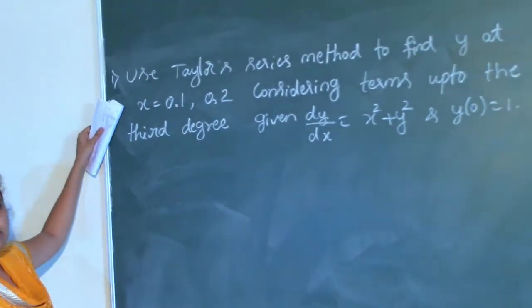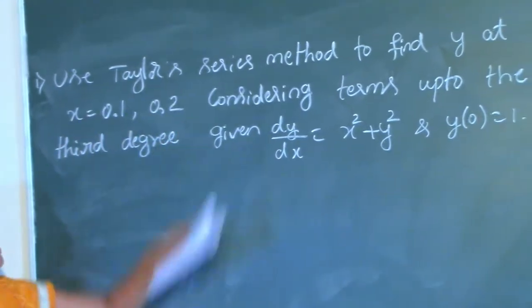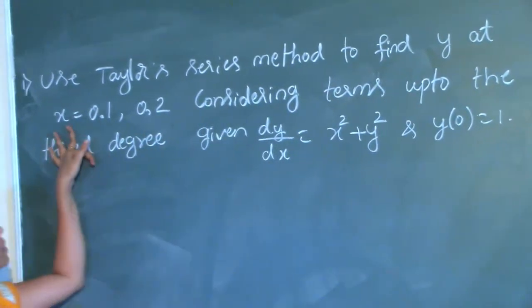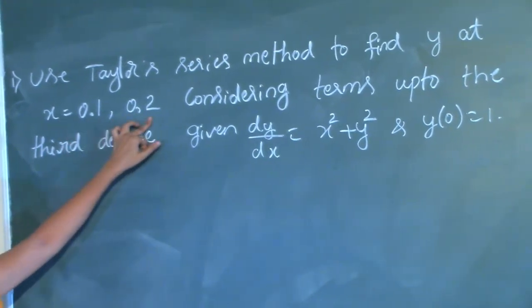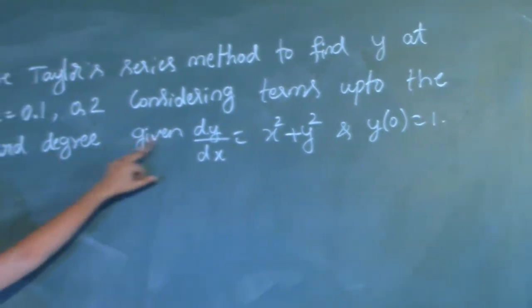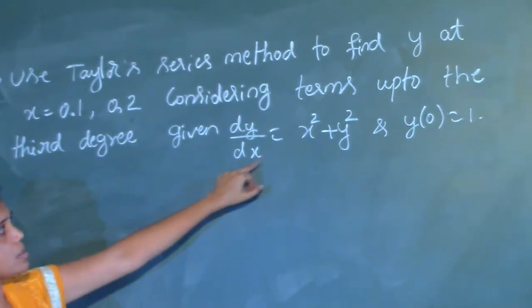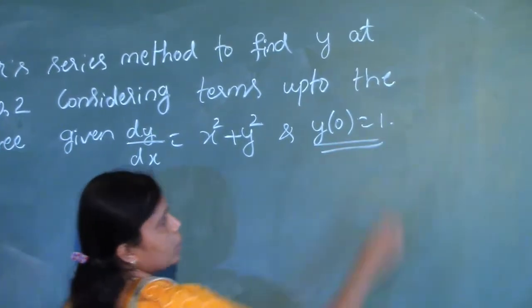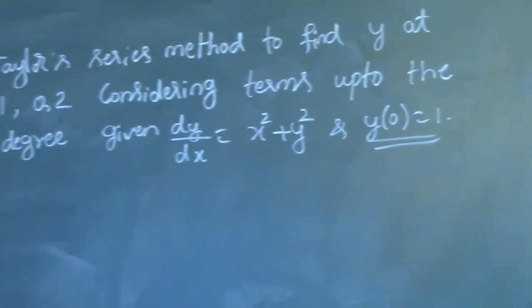The question is like this: use Taylor series method to find the value of y at x is equal to 0.1 and 0.2 considering terms up to the third degree, and has given dy by dx is equal to x square plus y square with the initial condition y of 0 is equal to 1. Solution: